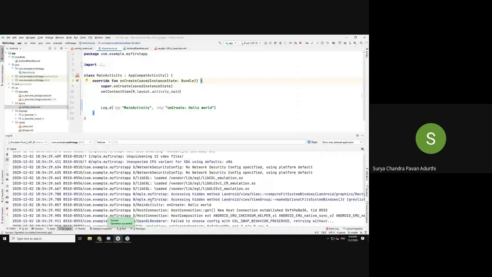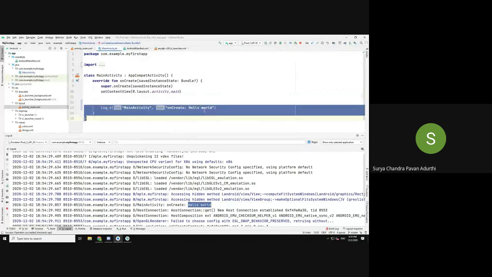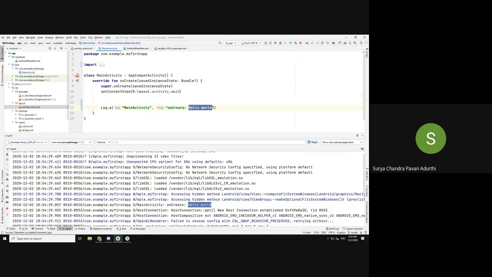So if you see this one, at this time, in this package, this file has logged "hello world". So this is good for us when we have to debug complex things. When we are developing an app and things go wrong, and we don't know where things are going wrong, at that time we write this line, and let's say we have